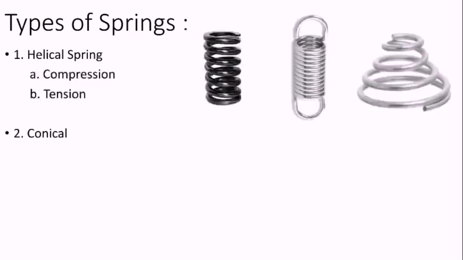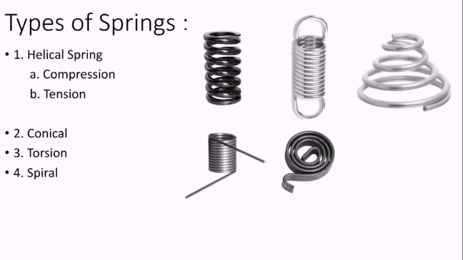In a conical or a volute spring, as the load increases, the number of active turn coil decreases, which thereby increases the stiffness. What is active coil and what is stiffness we will study in the later part. Torsion springs are another type of helical springs, but are generally used for providing low torque. They are normally used in door hinges, automobiles, etc.